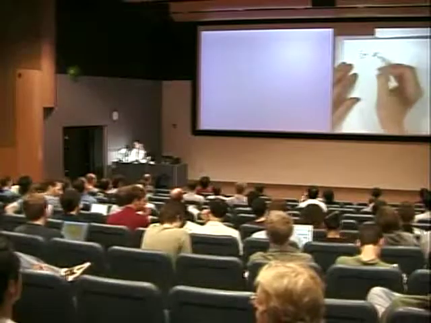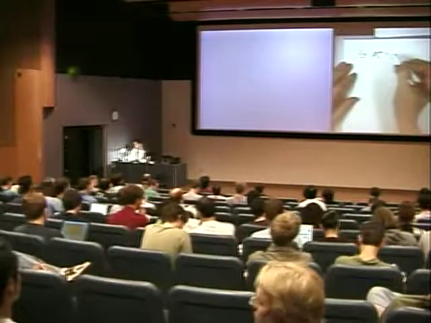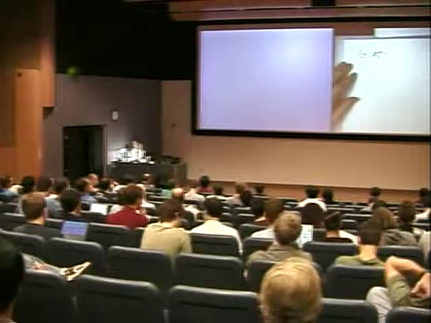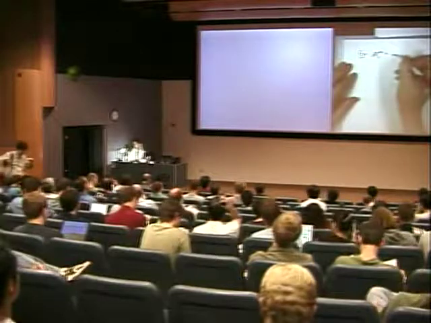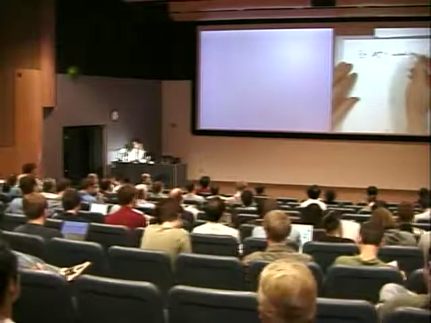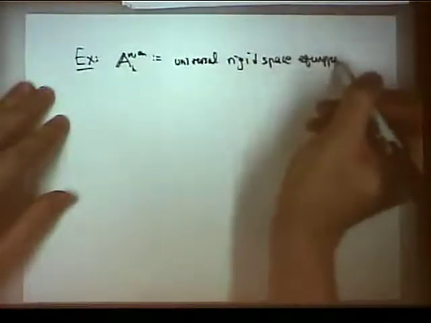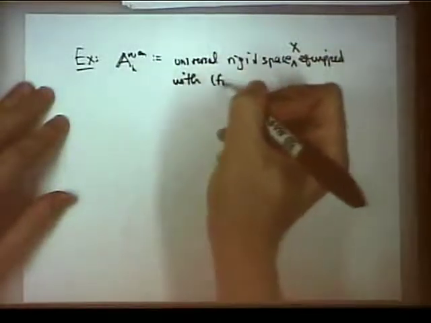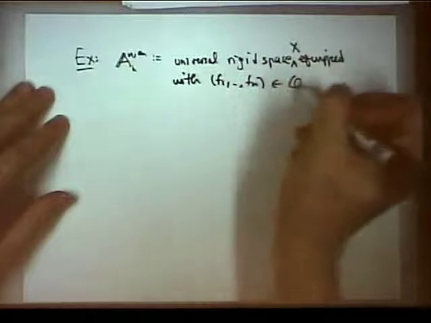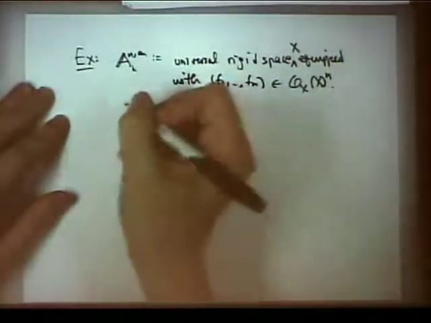K is our non-Archimedean base field, and A^n_K analytic should be characterized, of course, as any good construction, by some abstract property that we can think about independent of the construction. So this should be the universal space equipped with a rigid space X, equipped with an ordered n-tuple of global functions. In fact, they'll be the standard coordinate functions, but the construction